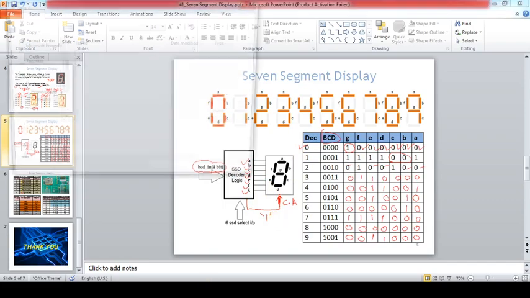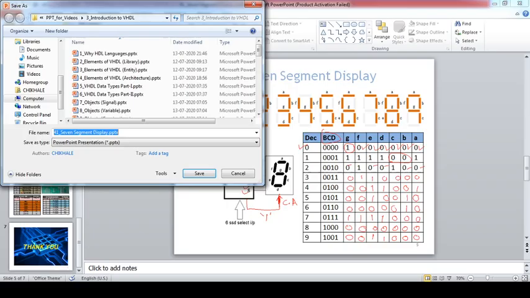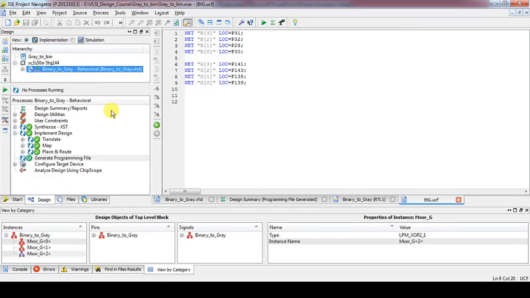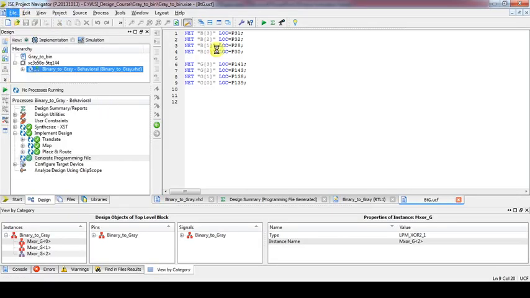So let's get into the 7 segment display. What is this 7 segment? Okay, so create a new project.